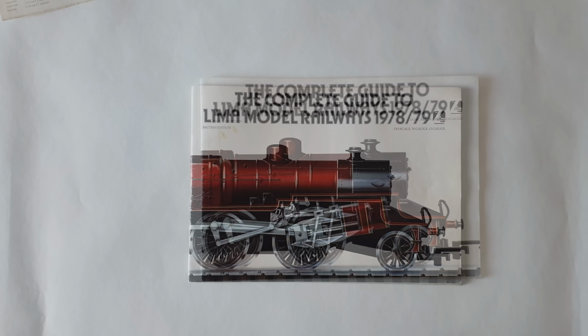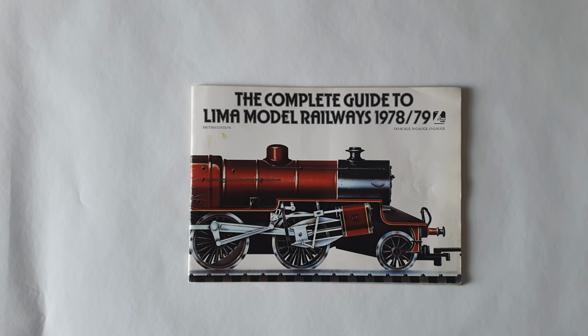You know, I wonder if there's a place nowadays for a company similar to Lima to come along and produce budget model railways. Because the stuff that's around at the moment is just astronomically priced, and it must be quite a daunting thing for anyone wanting to get into the hobby. Fortunately, there is a very active used market out there, so there is that option, I suppose. And I suppose back then that was less of an option. There was Exchange and Mart, I suppose, but yeah, now you've got eBay and everything else, so it's easier to start off using used stuff nowadays than it was back then. So, but it's kind of a pity that there isn't a company out there that produces stuff that's just a